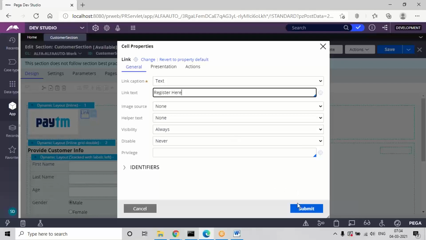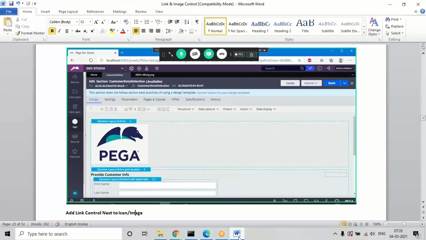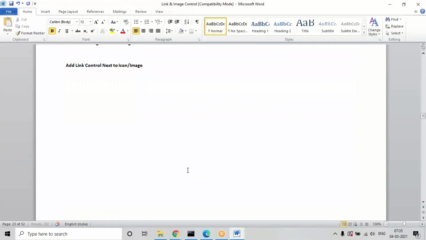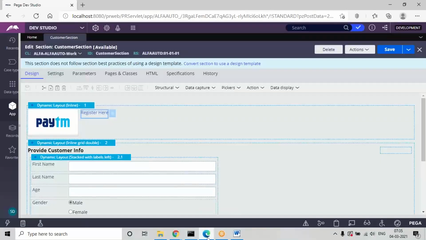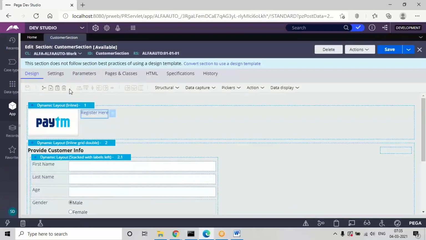I'm giving the text as register here. Again, the screen is different here. Give me one second, guys.